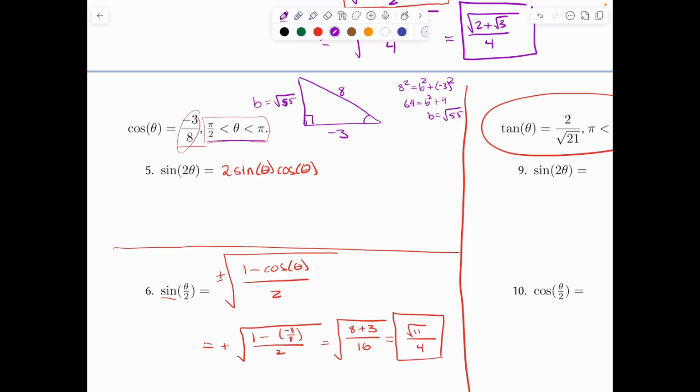So that means that the sine of the angle will be radical 55 over 8, and the tangent of the angle will be radical 55 over negative 3. So 2 times the sine, let me do this in a different color. 2 times the sine times the cosine,